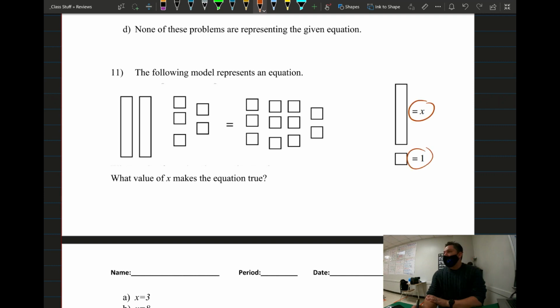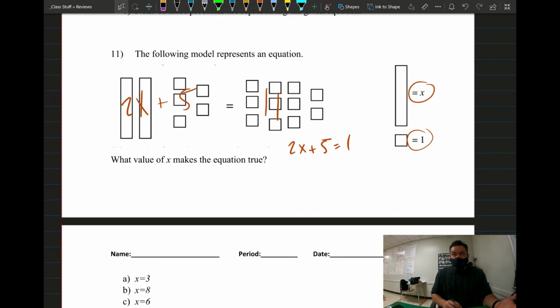If you look at the equation, I have 2x, right? All these are plus 1, so this is plus 5 equals 11. So I have an equation that says 2x plus 5 equals 11. What value of x makes the equation true? Basically, all you have to do is solve it. Every time I have a model, I just write it because I don't like modeling, I think